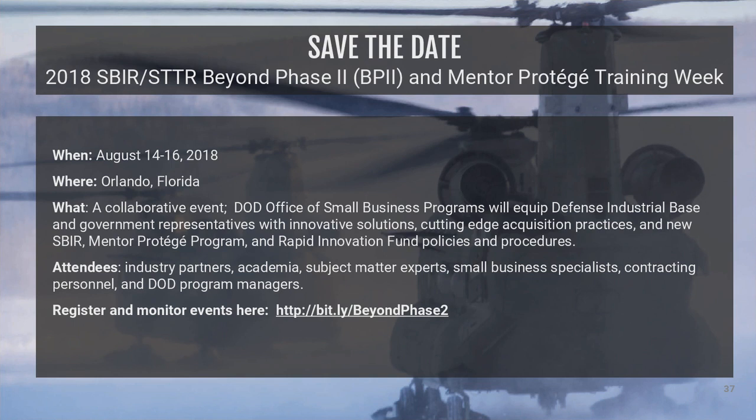This is a great opportunity for a full week to learn how to better prepare yourself for beyond phase 2. This includes information sessions with speakers that provide small businesses with insight to develop innovative solutions and progress their SBIR technologies beyond phase 2. Attendees will also learn how to leverage the synergies between the SBIR program and the MPP programs. Breakout sessions will address topics such as government contracting, strategies for growing your small business using the SBIR program, and SBIR commercialization programs. There are also scheduled one-on-one sessions that will afford small businesses the opportunity to meet with key personnel from the government and from industry who support DOD SBIR, RIF, and MPP programs.